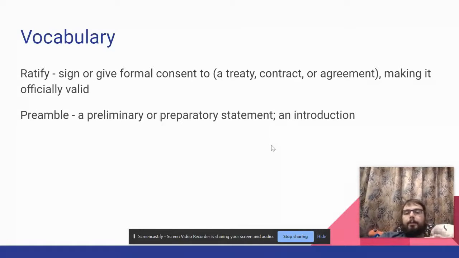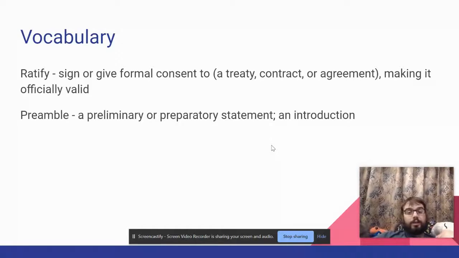And then a preamble is a preliminary or preparatory statement. You can think of it like an introduction. It comes before the actual event, or in this case, the actual government system in the document. Go ahead and pause the video, write those down in the classwork section of your notebook, and then you're ready to move on.